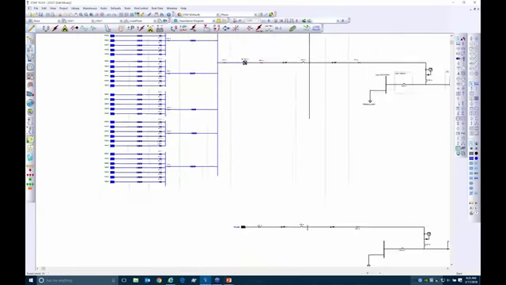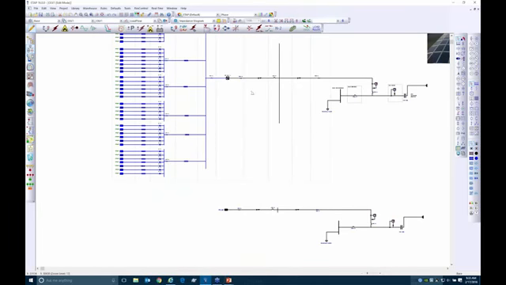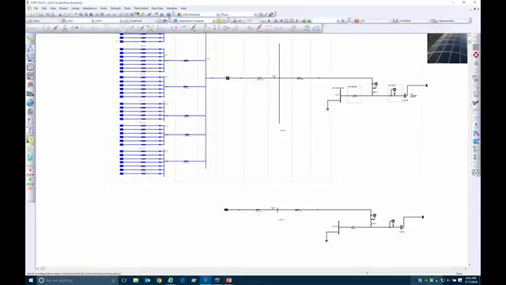So the entire system you see on the top is discretely modeled DC with the combiner, string cables with the inverter to the AC side, and then the network you see on the bottom is all of the blue stuff combined into one equivalent piece back into the grid. So when we actually go ahead and run calculations within ETAP,